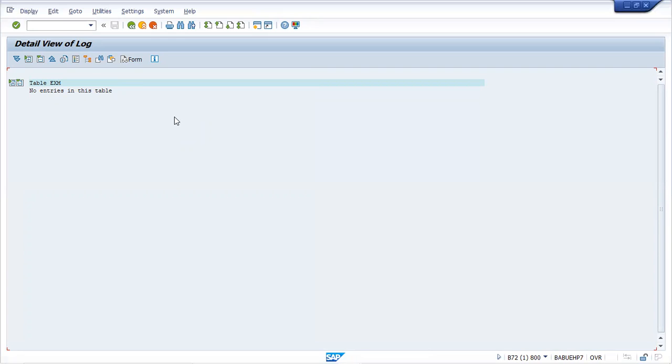Now we understood the problem. This could be a real-time problem also in a typical project. Your HR will say, I have maintained LTA, but the person didn't get the exemption. This is a typical problem if the client is very new to SAP, and they will be asking this kind of question.